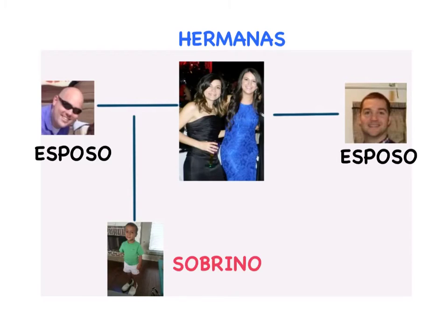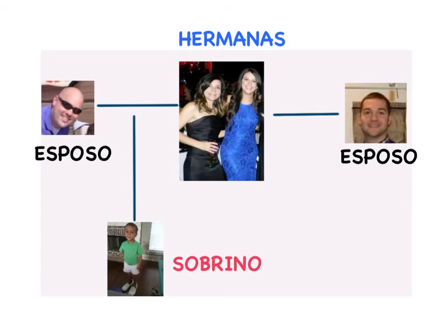They are both married, and they each have an esposo, and this would be the esposo of my one prima, and this would be the esposo of the other prima. Now, if you notice in the vocabulary, there was a word in parentheses, marido. That is another way to say husband. And if you also notice underneath esposo was the word esposa. My two cousins' relationship to their esposo, they would be an esposa. If you notice next to esposa, there was the word in parentheses, mujer. It is another way to say wife.